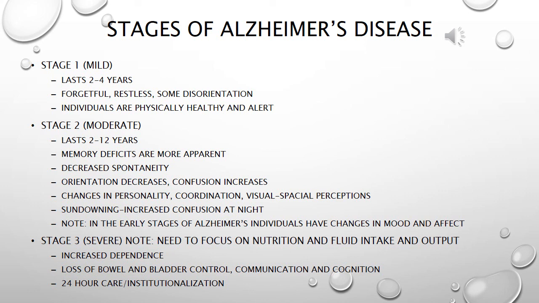And sundowning. Sundowning is specific to Alzheimer's because during the nighttime there is increased confusion noted with patients with Alzheimer's. It's important for you to know that during this time in the early stages of Alzheimer's, a lot of mood and affect changes occur. So therefore, in diagnosing patients with Alzheimer's,